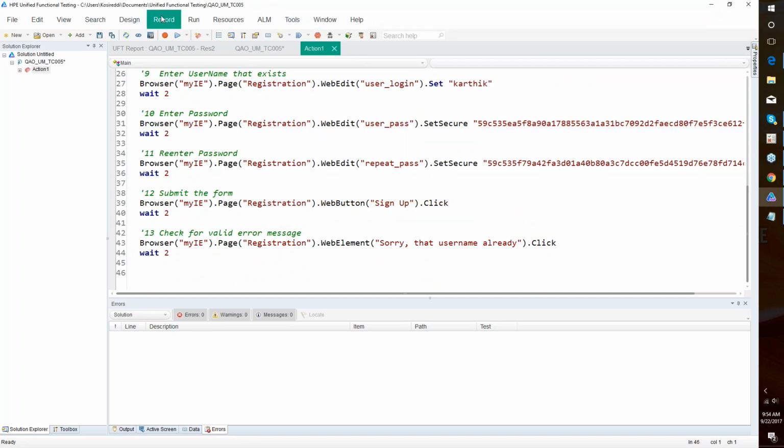I can do it through record and run settings, but you must rely more on writing your code. I'll say browser. That is what I want, or where I want to perform an action. As soon as I open bracket,